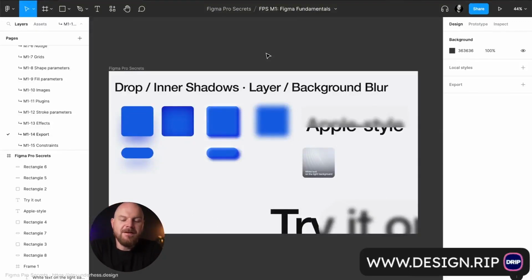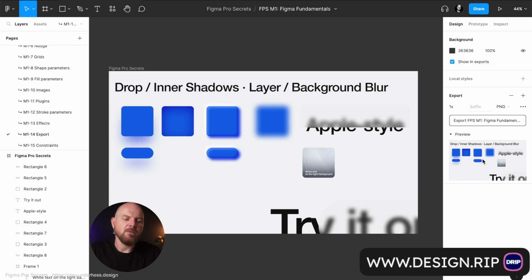Now, let's cover the export parameters. By default in Figma, you see on the right sidebar, export. And if you select, for example, just canvas, without any layers, without any frames, just nothing but canvas, in this case, when you click here, you'll be able to export everything that you see and that you have on this